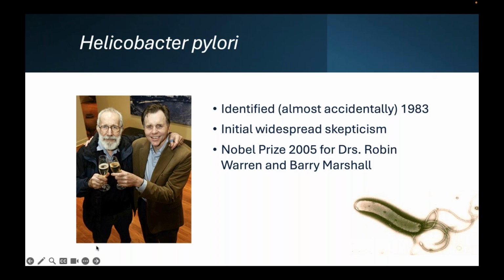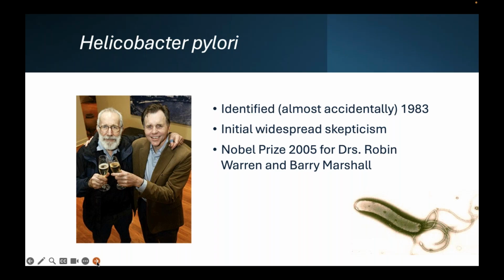On the left of that picture is Robin Warren, who was a pathologist, and he'd observed many bacteria in the stomach, and he couldn't get anyone to work on his research project, but he managed to recruit Barry Marshall on the right of that picture, who at that time was a medical resident, to get involved in his research project. And they together cultured H. pylori for the first time, identified that it was closely associated with ulcer disease and speculated that it had something to do with gastric cancer.